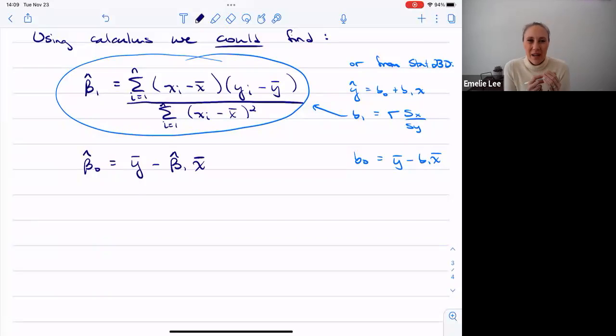We're not going to do that by hand. Obviously, we use software for pretty much everything, because our data sets are